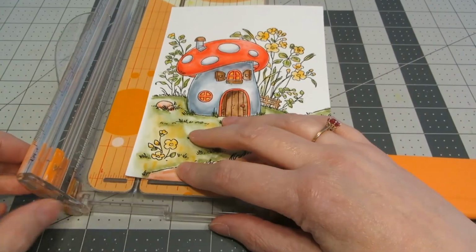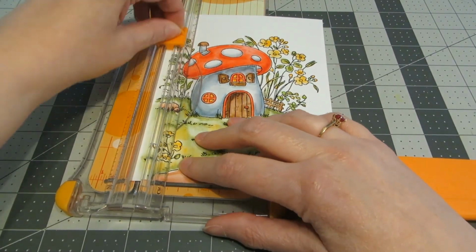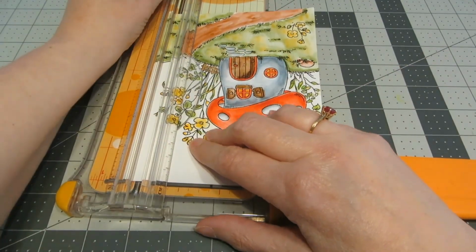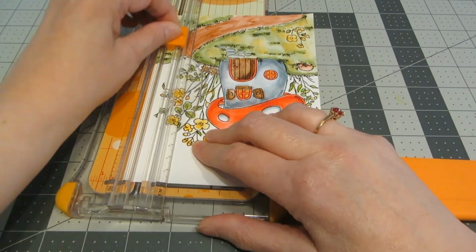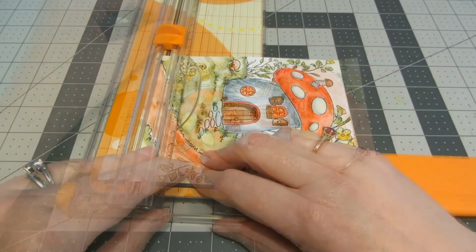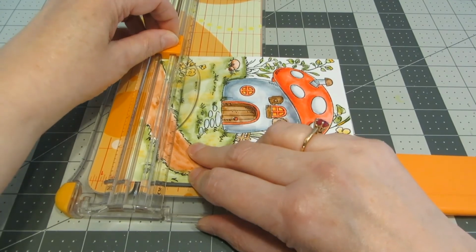My next step is to trim down my panel. I want it to fit on my card. So I'm going to take just a little bit off the left-hand side and some down the left-hand side. I want the width to be 4 1/4. Then I'm going to trim real close to the top. Then I'm going to trim some off the bottom, and I want the height of my panel to be 5